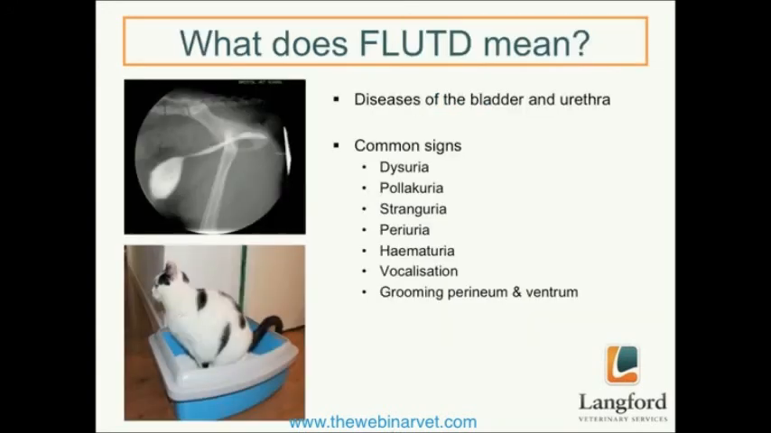So FLUTD is an umbrella term, feline lower urinary tract disease, and we're talking about different causes or different types of diseases that affect the bladder and urethra. The bladder and the urethra can only respond to insult, be that infection, inflammation, trauma,